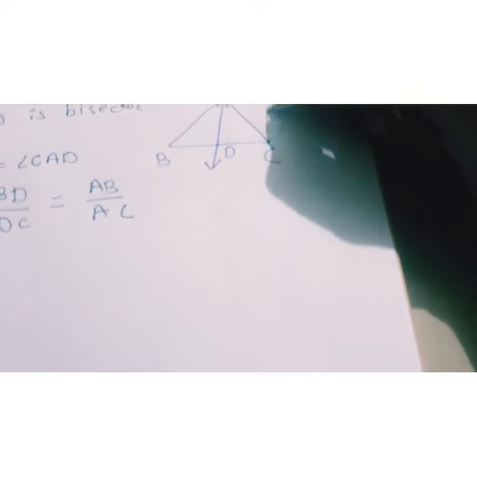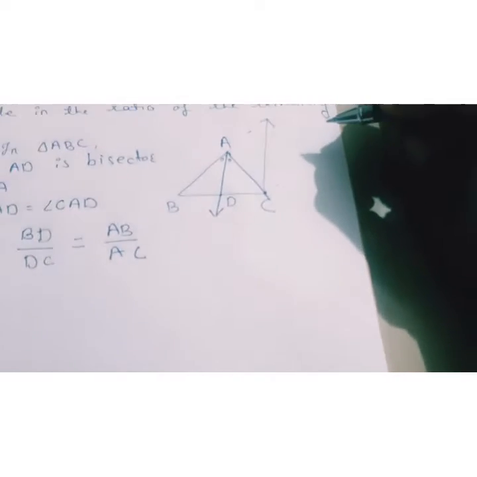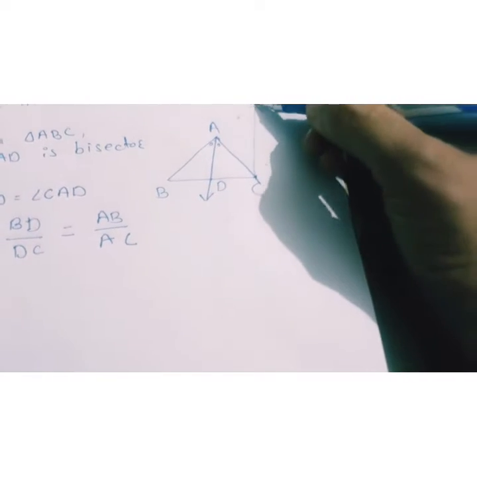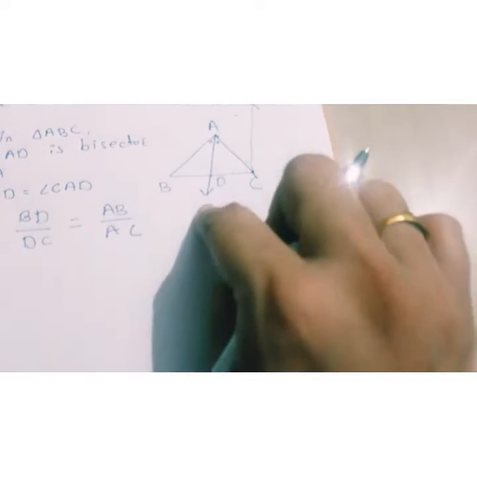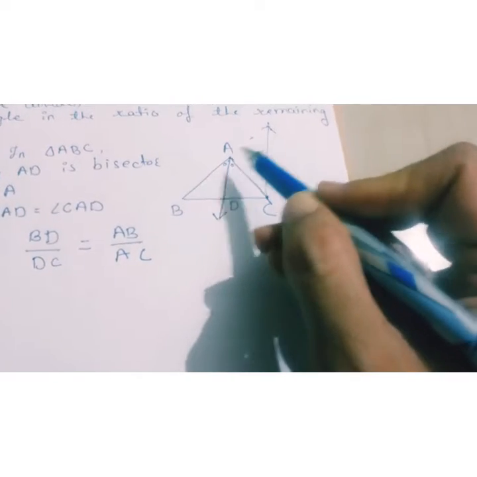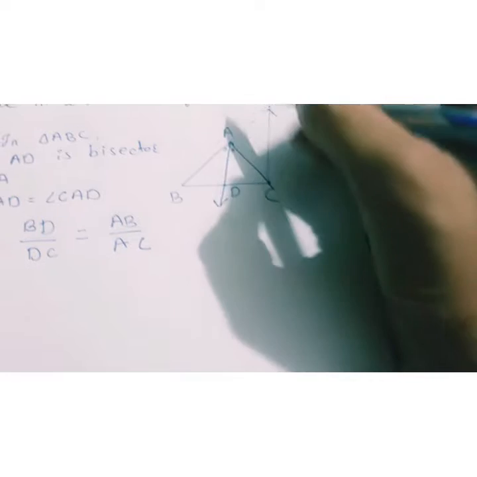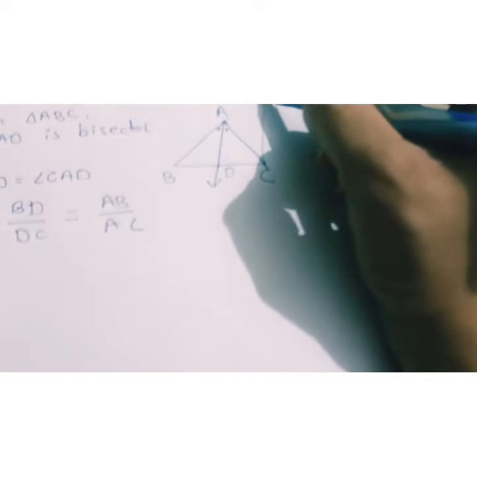Suppose this is the parallel line, and maybe it is not clear. This is the line parallel to ray AD from C, and let's extend BA so that it intersects this line. I am just extending this up to here. Let's give this point the name E. So this construction is done here.